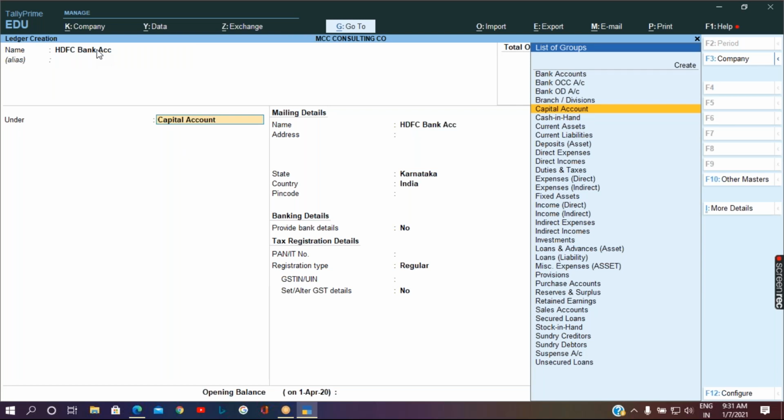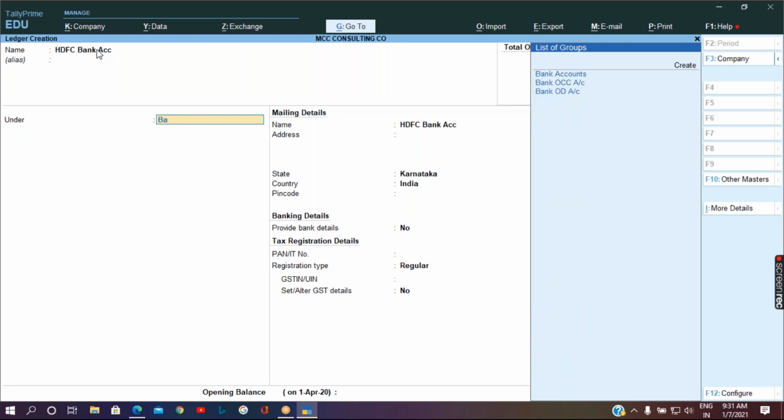You can see the list of accounting groups on the right hand side. Good. So it should be selected with bank account.